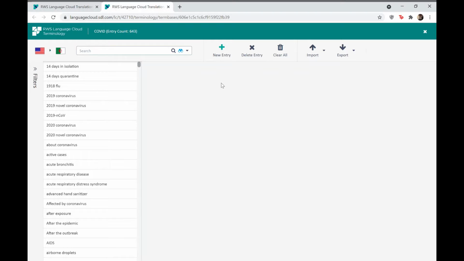This has to do with the RWS, formerly SDL, Language Cloud, dealing with term bases. I've just been working on a project involving a multilingual term base. So I started out with